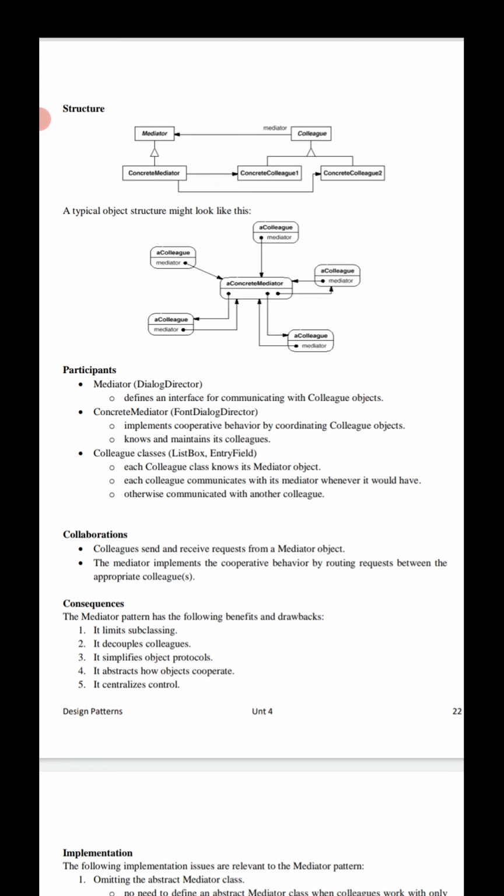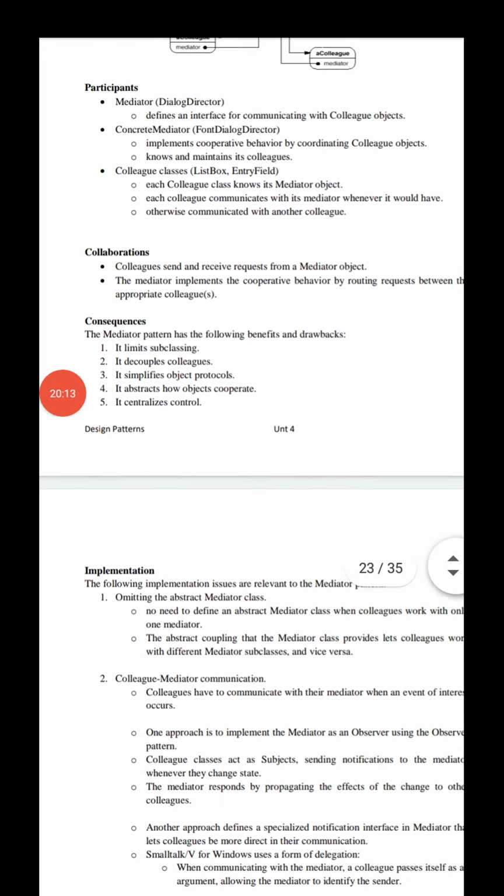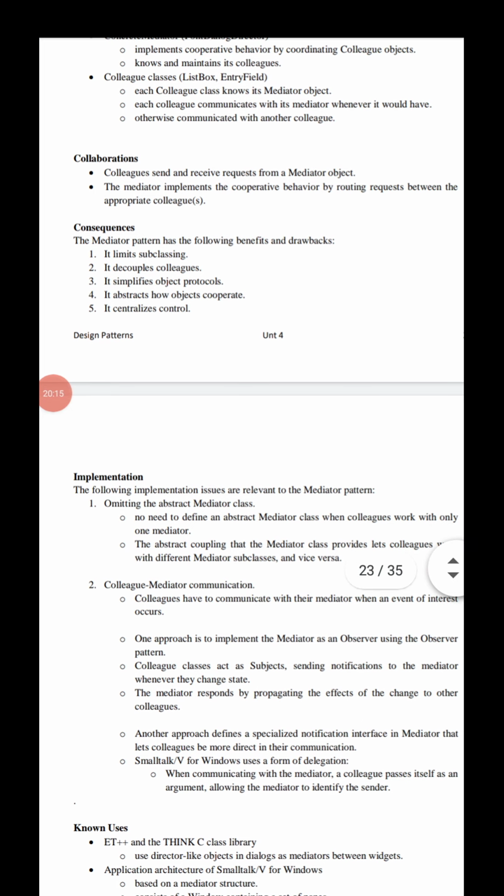And coming to the collaboration section, collaboration means how those classes and objects collaborate to carry out their particular responsibilities. Colleagues send and receive requests from a mediator object.